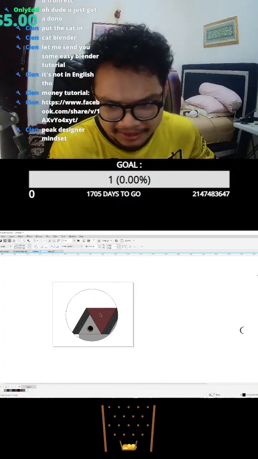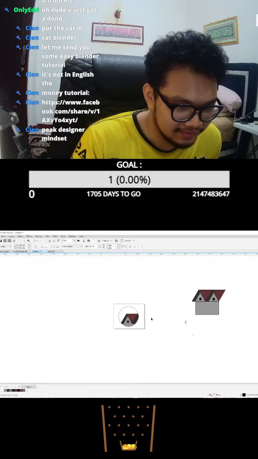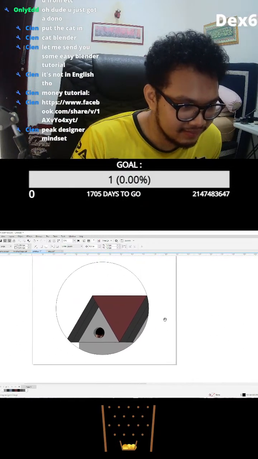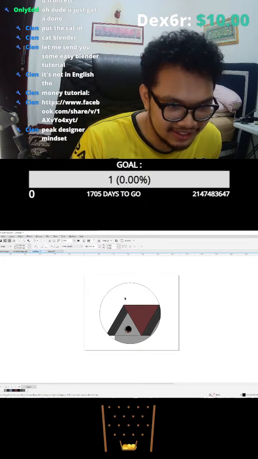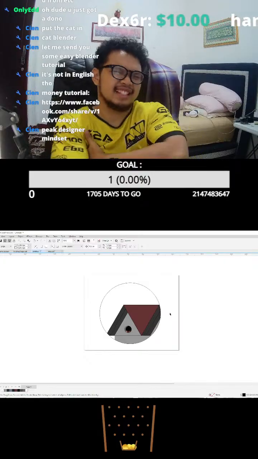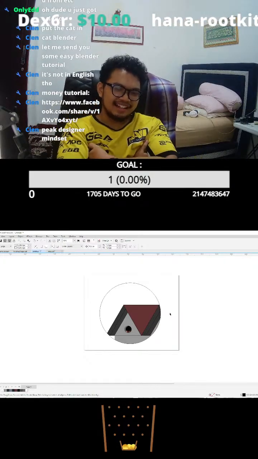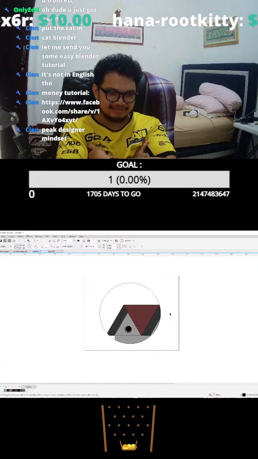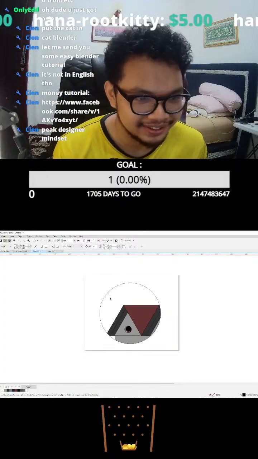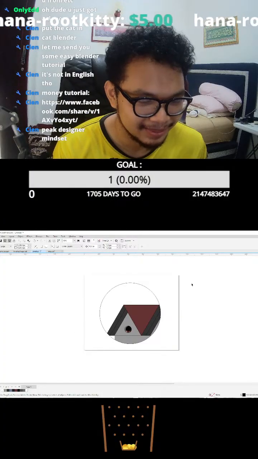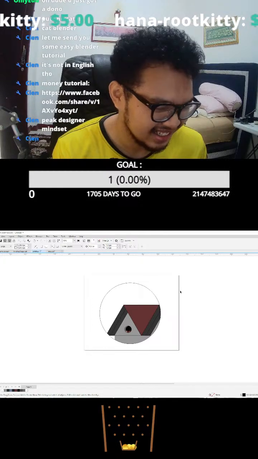Maybe the fact that it's simple could be cool. Should I increase the thickness of the line? Okay, I like it, but I still feel like it needed something. I just love to feel something when there's a space. I feel like I can put something in this space, but maybe leaving it empty is better